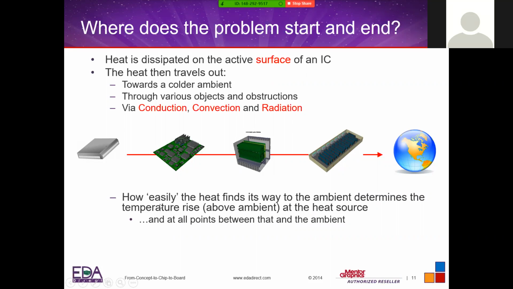So how easily the heat finds its way to the ambient determines the temperature rise, and we can certainly predict that through modeling the component, the enclosure, the chassis, the environment, the gravity, even solar effects. Time of day, we can predict where the sun would be, and that kind of thing. And in that process, we can look at all the points that can contribute to that heat issue. Okay, so